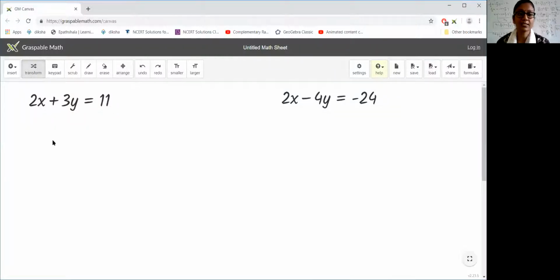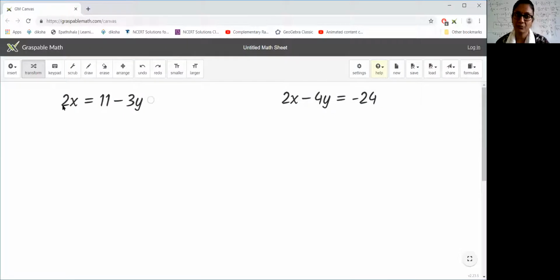So I'm going to first take the first equation. This is my equation 1. The numbers are not there, but you have to imagine this is 1 and this is 2. So first equation I'm going to take and I'm going to write x in terms of y. So what I do, I take both the 3 and y from here and transpose it to the other side. Automatically you can see it has become negative 3y.